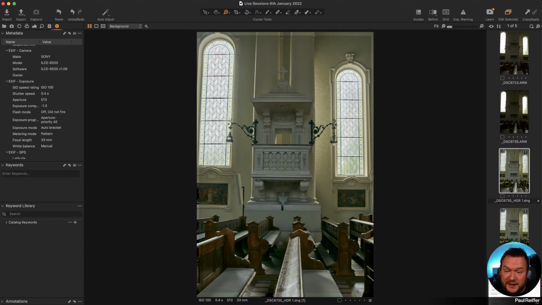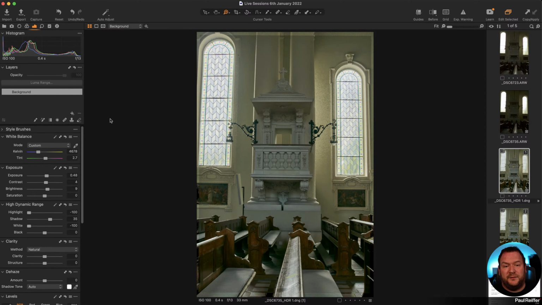So be really careful. If you want to do bracketed shots, especially indoors like this, ideally on a tripod, ideally use the bracketing mode if your camera has it. I'm not sure if this one does, but many cameras now will have a bracketed mode that you can load in and say, I want 3 shots, 3 stops apart, 5 shots, 2 stops apart, and so on.